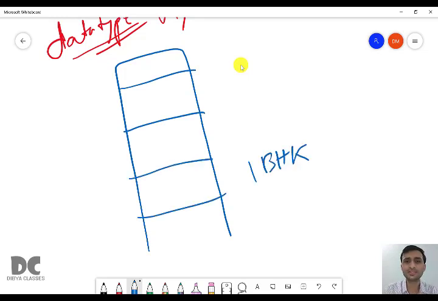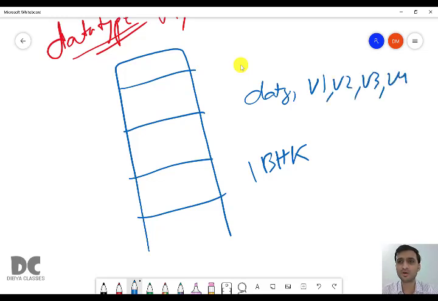When you go to each floor and see these 1 BHK apartments, all will look the same. This data type declaration is like that only. When you write a data type followed by variables v1, v2, v3, these are all houses, so all will be of the same type.